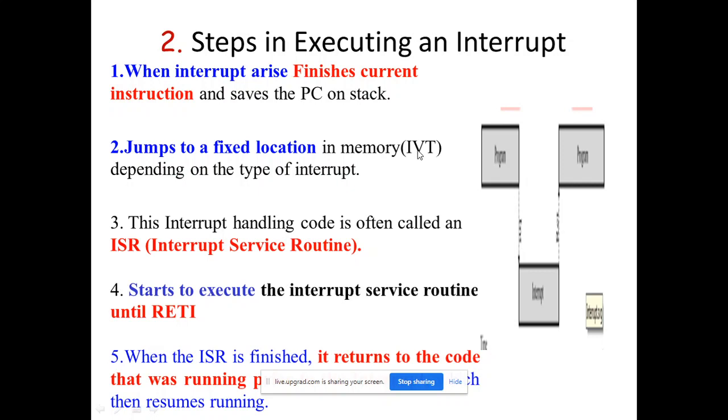Just take the address of the ISR from the interrupt vector table and start executing the interrupt service routine. The starting address is taken from the interrupt vector table, and then the ISR is executed continuously, one instruction after another,